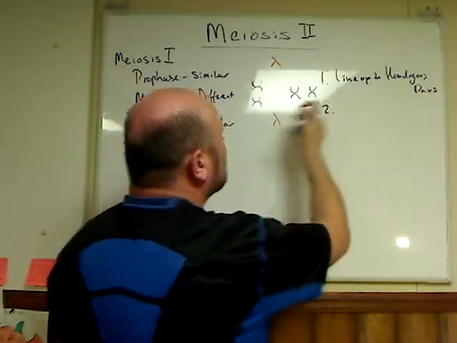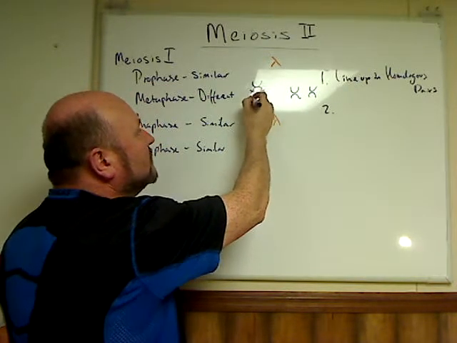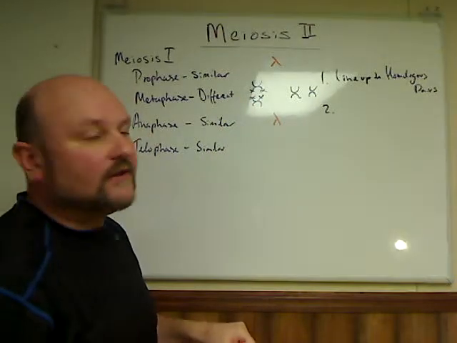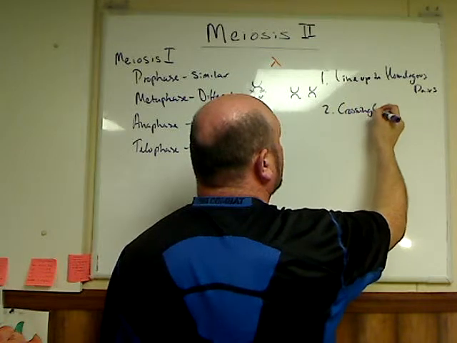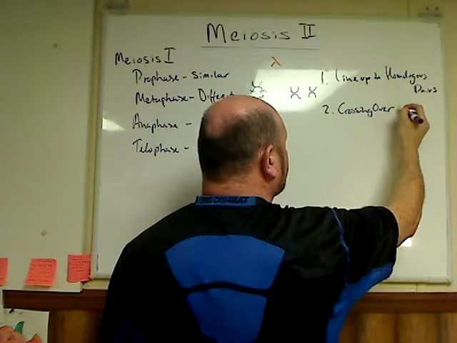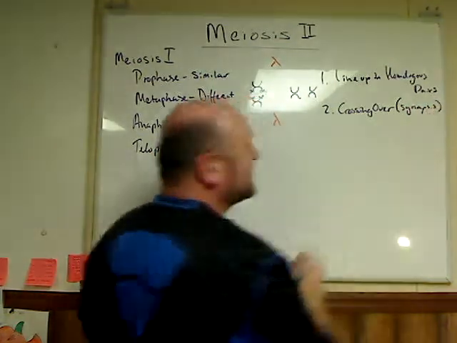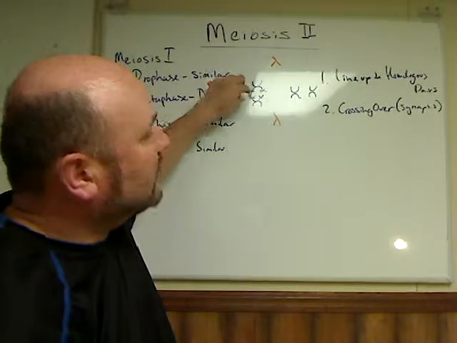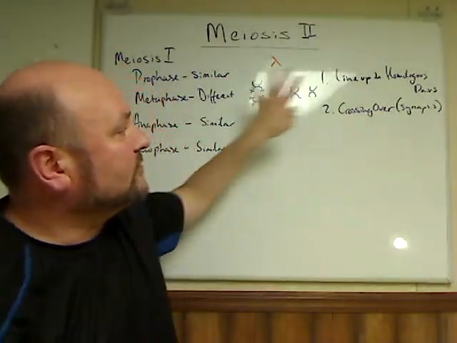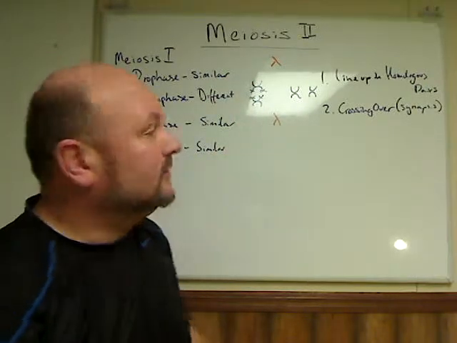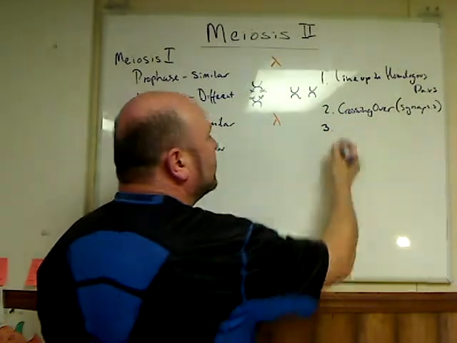Secondly, when they're lined up like that, you can get crossover between these areas that come close together. So crossing over, and we'll put into that synapsis, because the synapsis is the actual touching, and then the crossing over is the switching. So synapsis followed by crossing over is perfectly valid in that case. So that's two things in metaphase are different. And three,